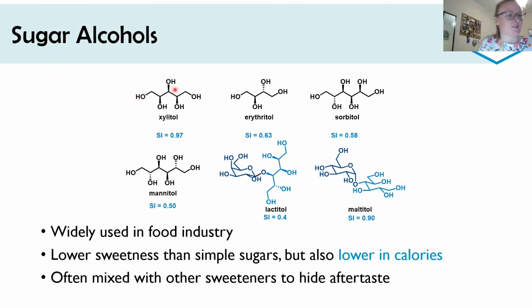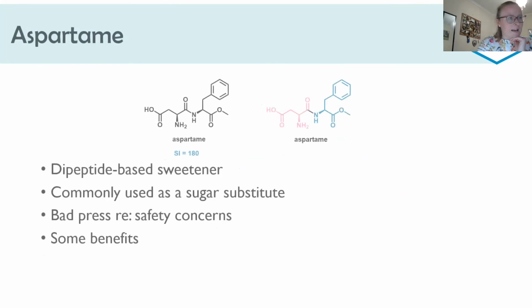So xylitol, I've now tied up my glucose molecule, but xylitol comes from the hydrogenation of glucose. A sweetener whose name you might have heard of would be aspartame. It's got a little bit of a bad rep, aspartame, and I'll come on to that, but it's a dipeptide